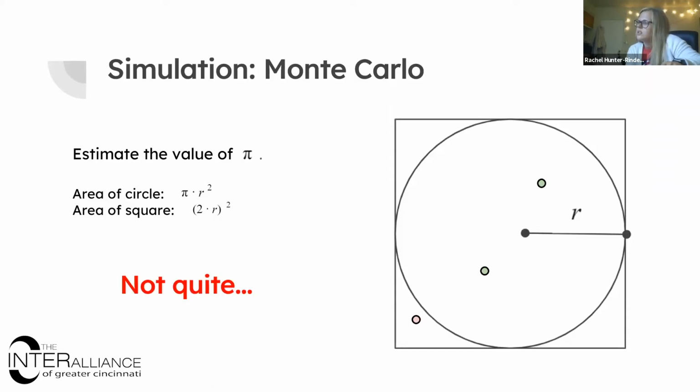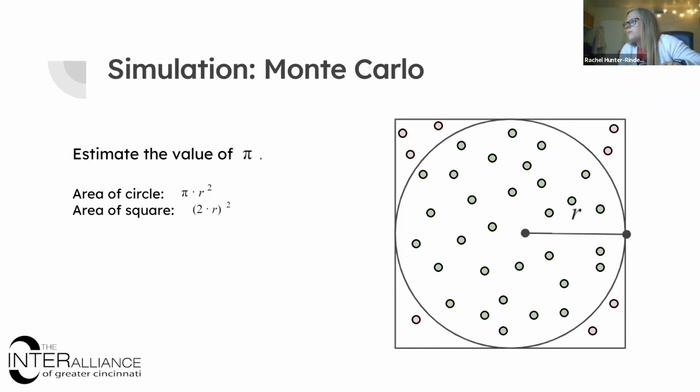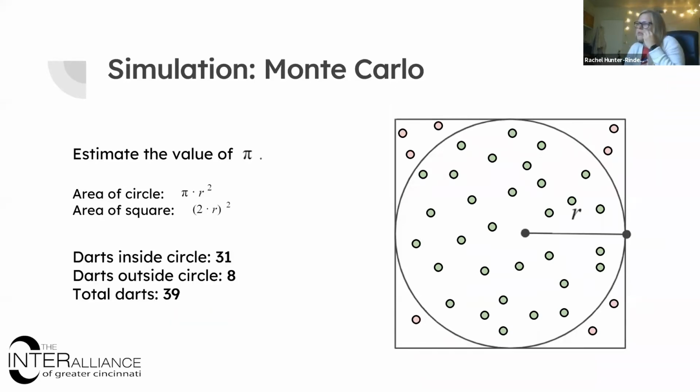So in terms of running an experiment, 3 times is probably not enough times. Each of these thrown darts you could think of as an experiment. So 3 times is probably not enough. 5 times, maybe we're getting closer. But how about this? This is much better. We are looking at 31 darts that fell inside the circle, 8 darts that fell outside the circle, and that gives us